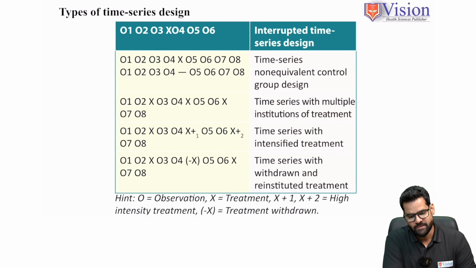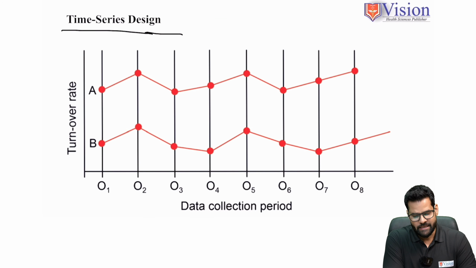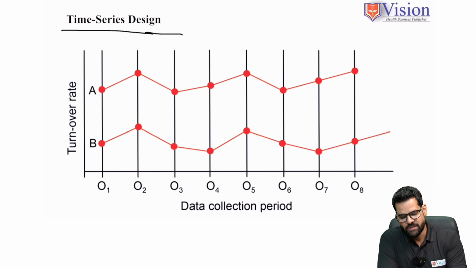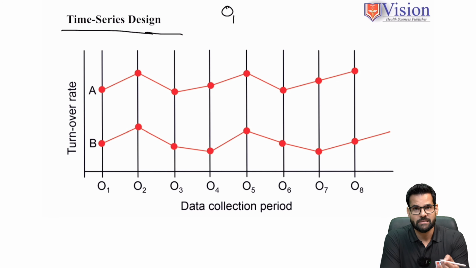So when you talk about a time series design, first understand the concept of time series. There are phenomena, there are things that we need to study over a period of time. Let's say I want to conduct a research to see the effect of an assertive training program among nursing students. Now, you know that assertiveness is a personality trait which does not change over a period of time. So if I do this kind of research, where I assess someone's assertiveness by making an initial observation,